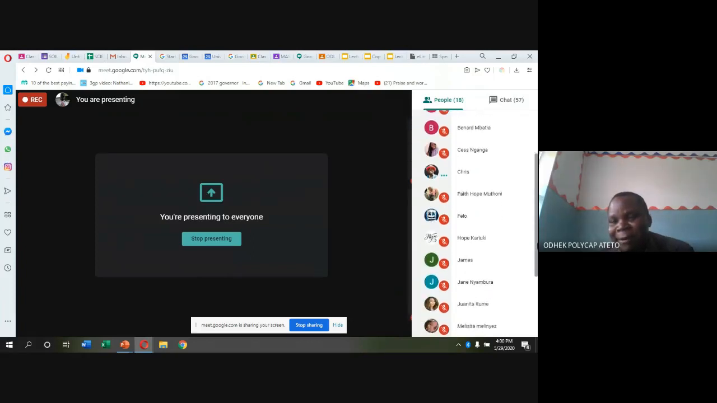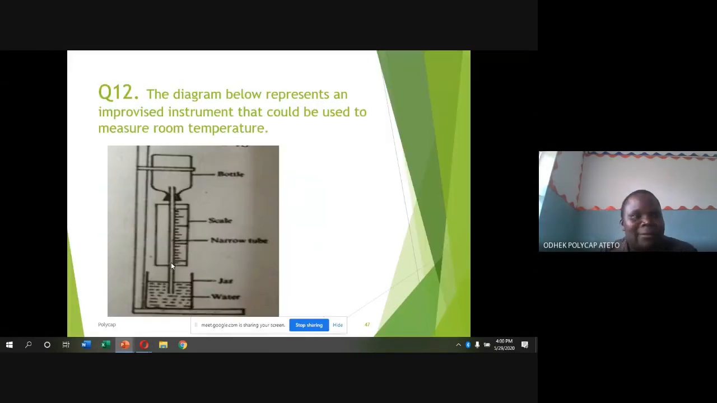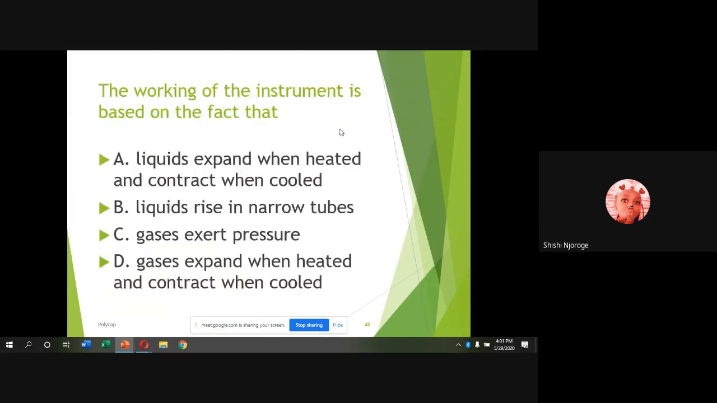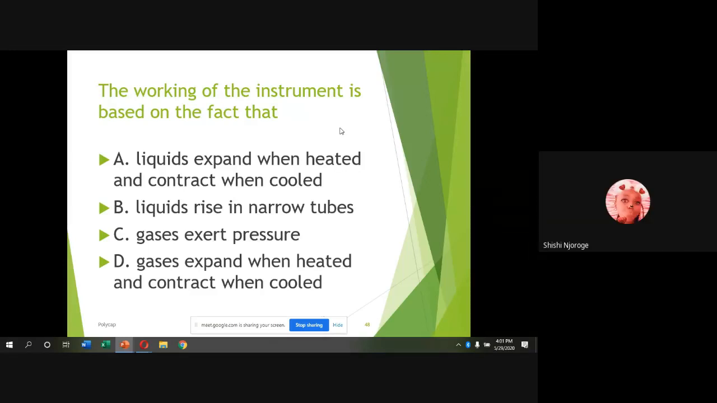Then we have Michelle. Pick number 12. Then Levy. Yes. Number 12. The diagram below represents an improvised instrument. What could be used to measure the temperature? The working of the instrument is based on the fact that